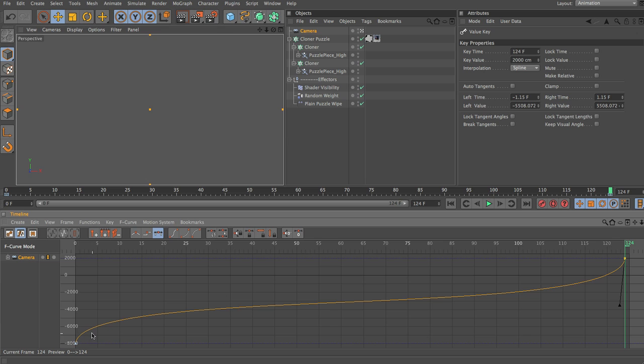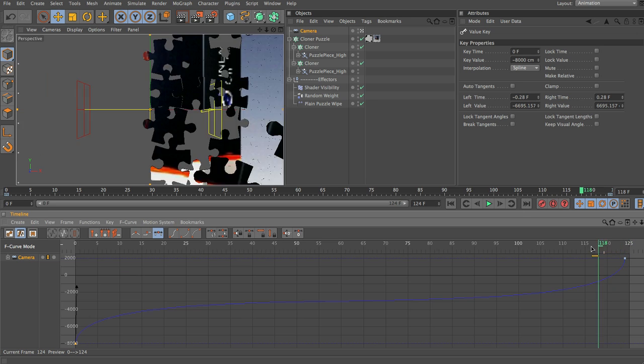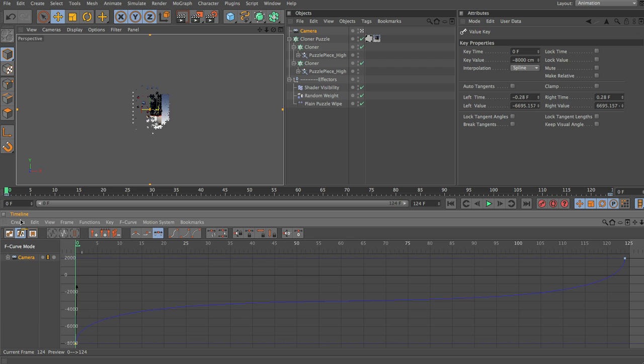I'm sure you guys can spend a little bit more time fine-tuning this curve. I'm just going to make that acceleration a bit more and try to make the middle section a little bit slower, so it's almost flattening out here. We could add another key in the middle and use that to flatten that out if needed, but I don't really think we need that, to be honest.